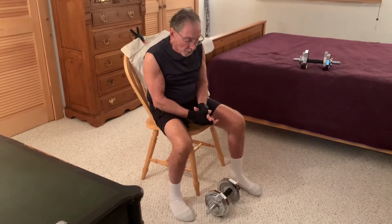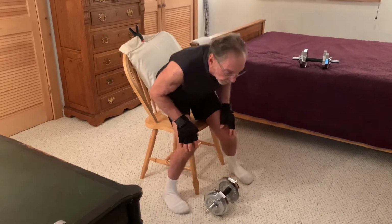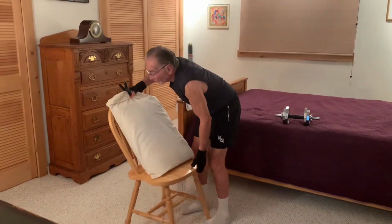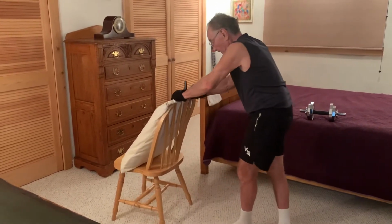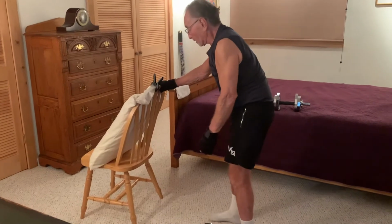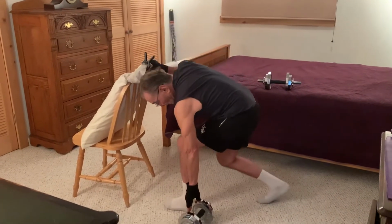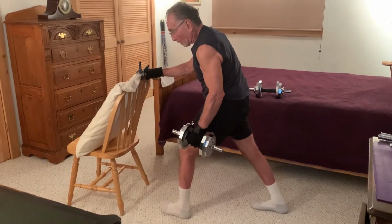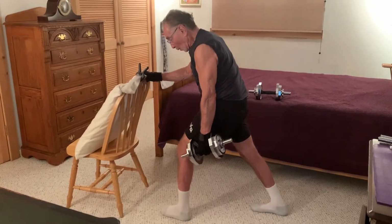Next, we're going to do the tricep. And the tricep exercise, again, we're going to use the chair, but a little differently. So what we're going to do is use the chair to hang on to. And what I'm going to do here is stabilize my left leg, lift the weight, and lock the upper arm against my body, choking the back of the weight, and all I'm doing